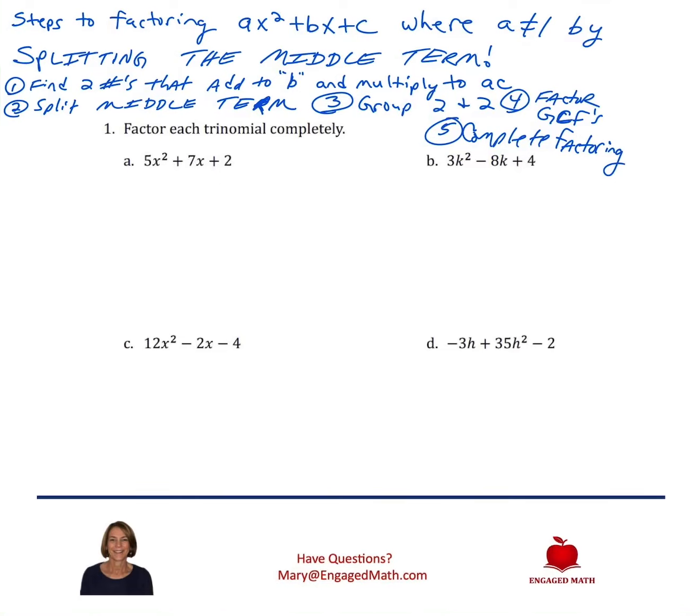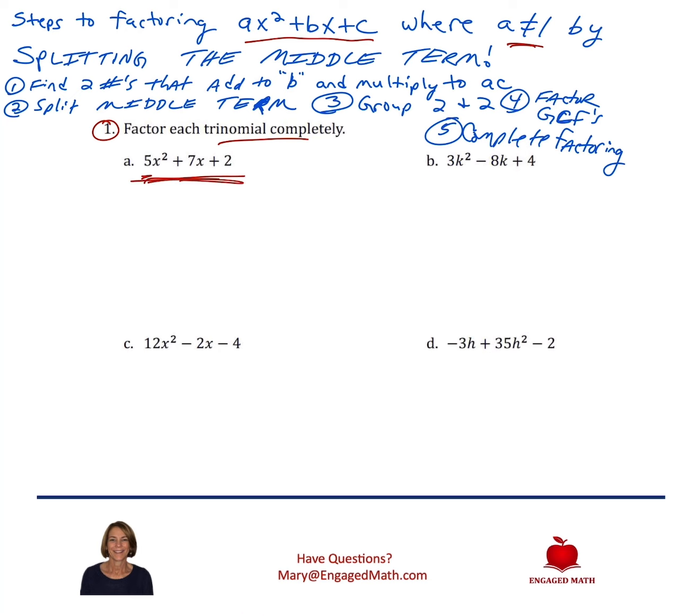Welcome to lesson 20, problem number 1, where we are factoring trinomials. But today it's trinomials in the form ax squared plus bx plus c, but a doesn't equal 1. So we can't just do our add multiply, our AM method. It's much more challenging because of that leading coefficient of 5, and we can't factor it out because it's not